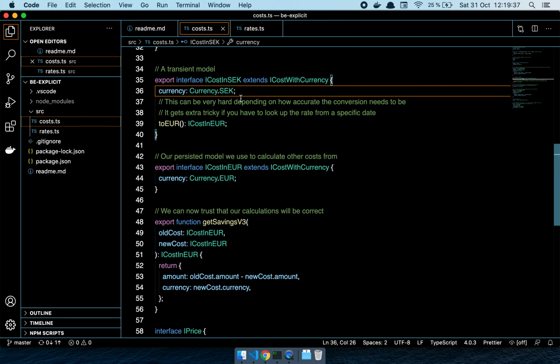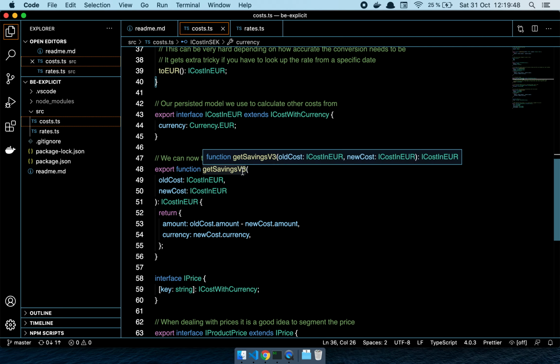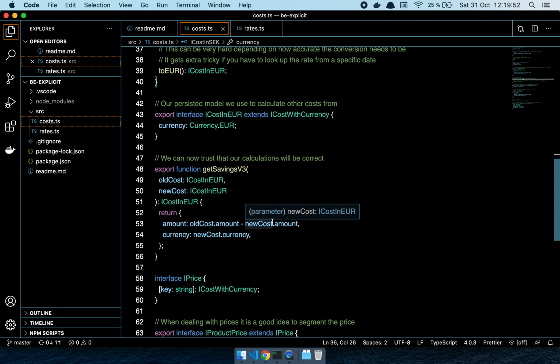And by adding it to the type system, we were guaranteed that we never by mistake made an incorrect calculation anywhere in the system. Because as you can imagine, if I'm going to calculate the savings, it's really important that I'm doing it with the right units. And this is a much safer approach. And to this day, it took, I don't know how long, to rewrite the whole system to deal with this